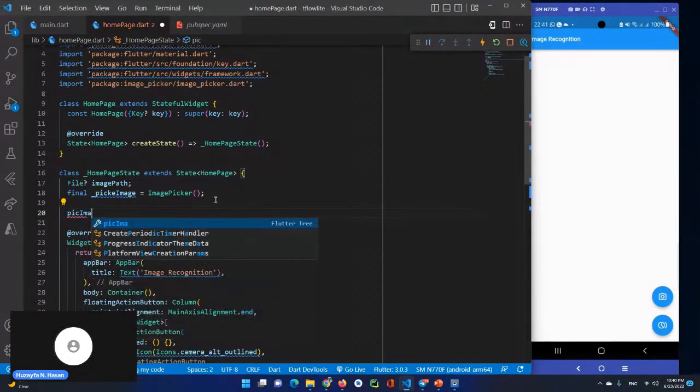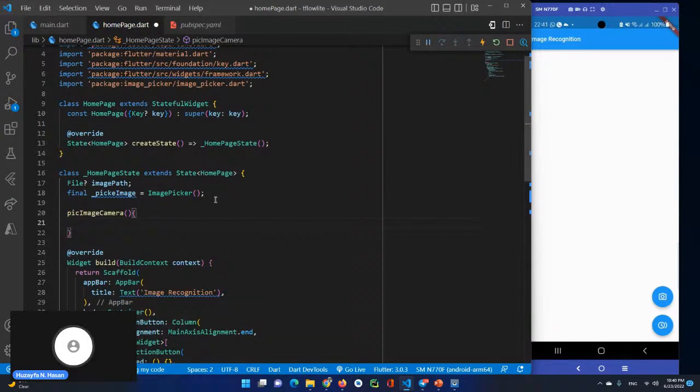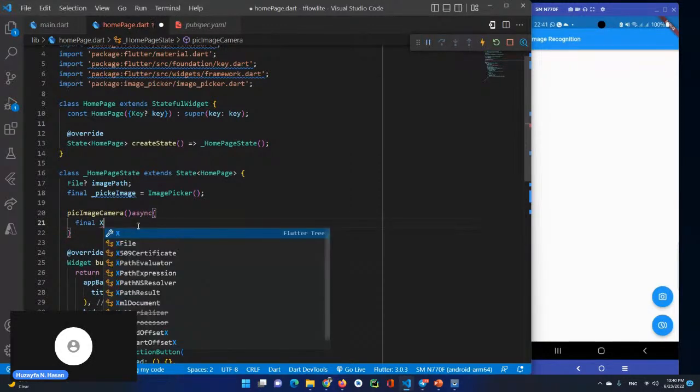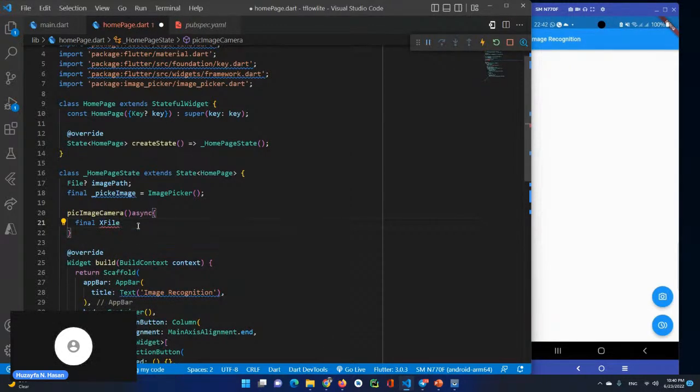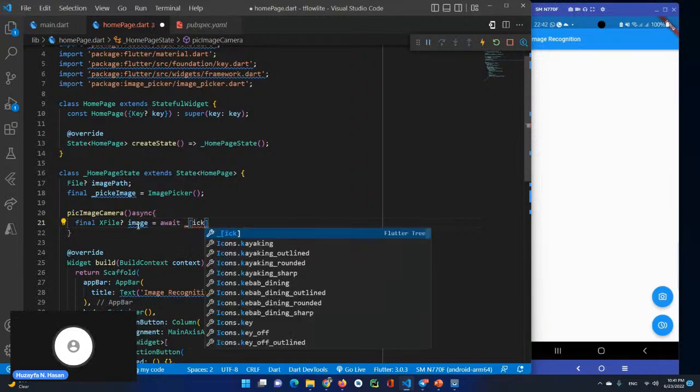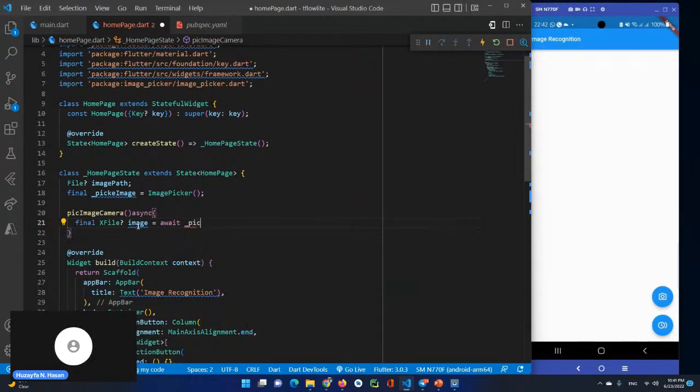So pickImageCamera. So we are picking image from camera. I have changed my keyboard, so the characters have been changed. And this should be async, so we are making it async. And after that, we will have a final XFile, and also we are checking if that's null or not. And we named our variable to be image, and awaiting, because it's asynchronous, we should await for our picture, and we use our picker variable, pickImage,